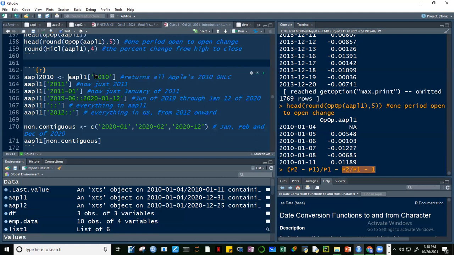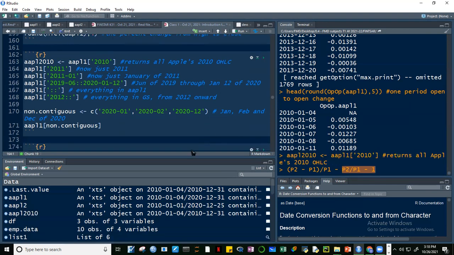So to subset, guys, we use the brackets here. That's for subsetting. And here I have 2010. It will not work if I do not put here either the quotation marks or the apostrophe. Okay, so Apple 2010. Let's run that, and you can see that we generated an object called Apple 2010 below in the global environment, and it's also an XTS object